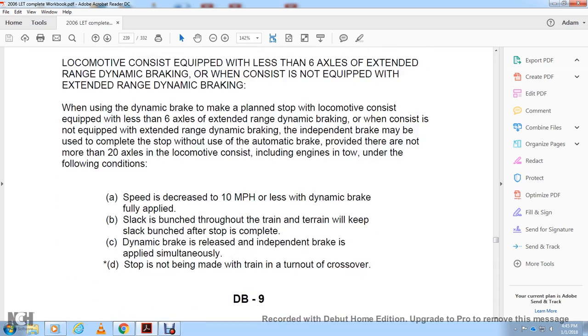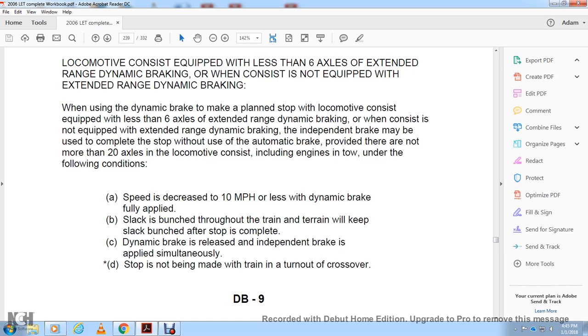Locomotive consists equipped with less than 6 axles extended range dynamic braking, or when the consists are not equipped with extended range dynamic braking. When you use the dynamic brake in the planned stop, for locomotive consists equipped with less than 6 axles extended range dynamic braking, or consists not equipped with extended range dynamic brake, the independent brake may be used to complete the stop without using the automatic brake, provided that there are not more than 20 axles in the locomotive consist, including engines